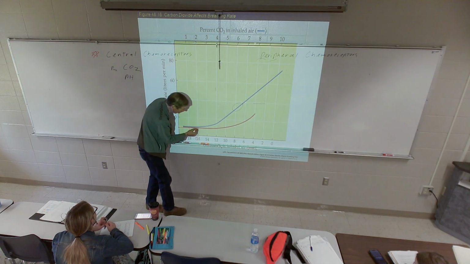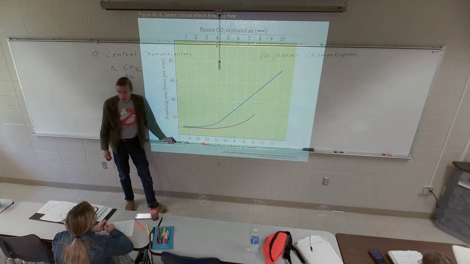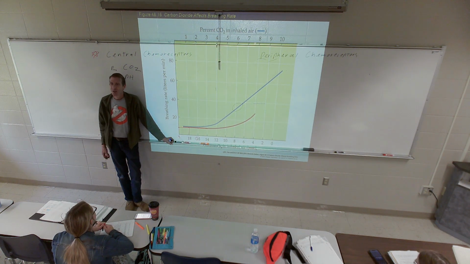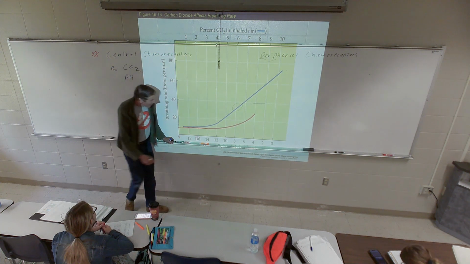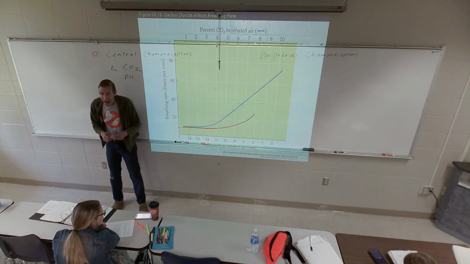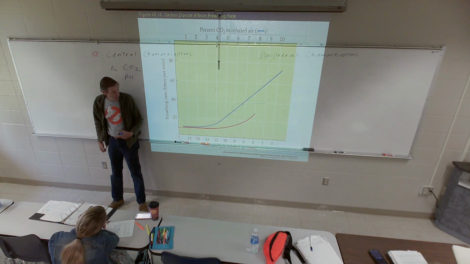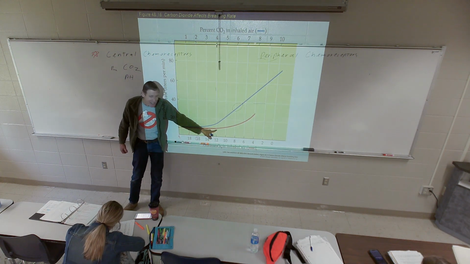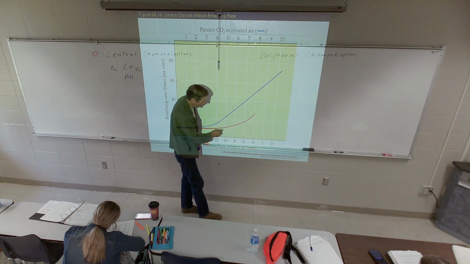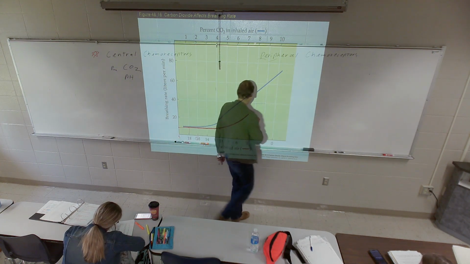I drop some more. Now it's only 14% oxygen. What's happened to your breathing pattern? Nothing. That's a 7% drop in the available oxygen, and there would be no change in your breathing. I drop it down to 12. Maybe at about half of the normal volume of oxygen, you see a slight change in ventilation. We have to get way down to 8, 10, 6%, and your breathing goes up.